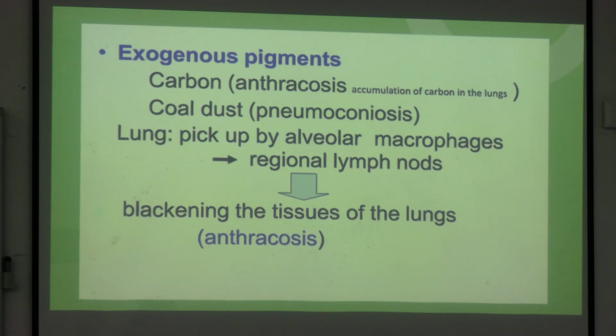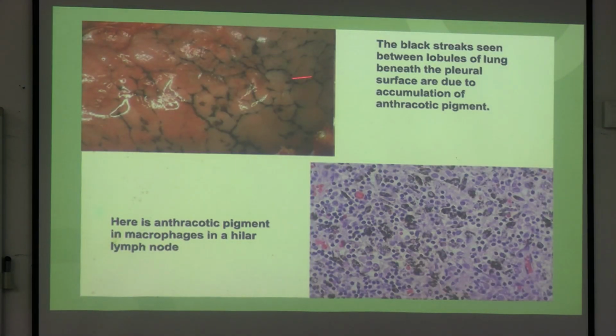এই ছবিটা দেখ কিরকম, এটা গ্রস পিকচার, ওকে, and এটা মাইক্রোস্কোপিক পিকচার. This is the picture in naked eye and this is the picture under the microscope. এই যে black streaks under alveolus, দেখতে পাচ্ছিস? anthracosis কেমন হয়েছে দেখ, anthracotic pigment, বুঝতে পেরেছিস? The black streaks seen between the lobules of lung, বুঝেছিস? এই যে intraalveolar space এ কিরকম গুলো পিগমেন্ট জমে গেছে।